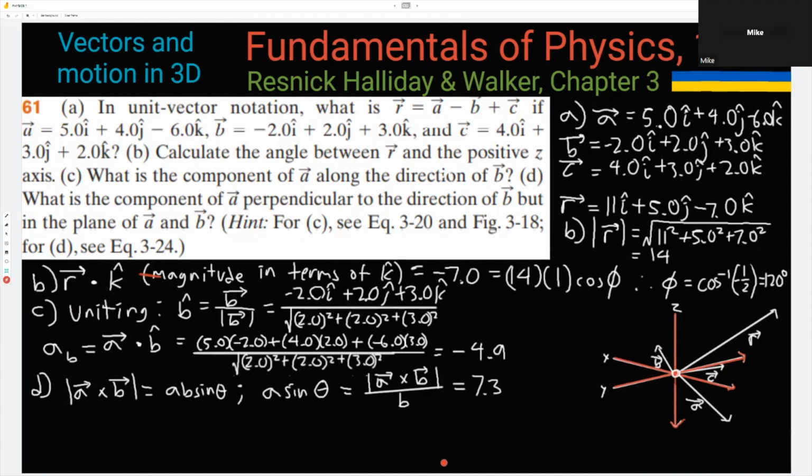Perpendicular to B. But in the direction of